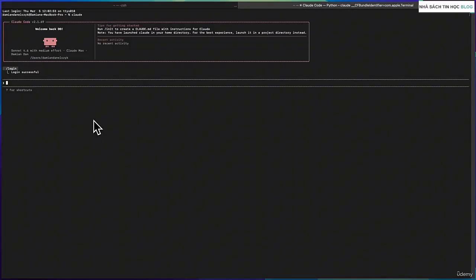Now, at this point, what we have basically done is open up a chat interface with an AI model, except instead of it being on a website or in a nice app, it's running right here on your machine. And that's actually what makes it so powerful, because it's connected directly to your computer. It can read and modify your actual files, run scripts, reorganize folders, basically whatever you need. Of course, we'll go deeper into all of that as we go through the course. Congratulations, you have successfully installed Claude Code on your computer using Terminal. Now you are ready to start using this amazing tool to build some really cool stuff. So I will see you in the next lesson.